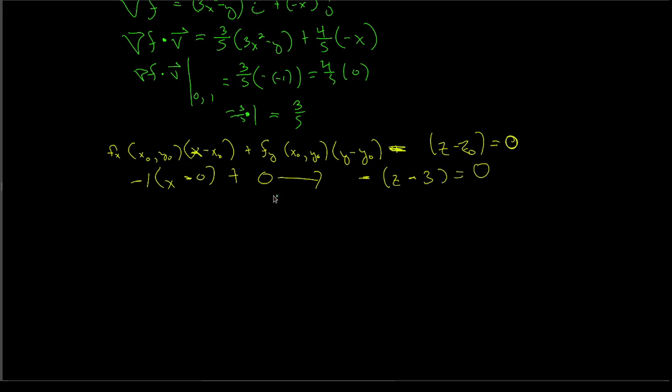And if we put this all together, then our tangent plane is going to be negative x minus z plus 3 equals 0 for this surface. And so we have a plane defined by the normal of (negative 1, 0, negative 1), and it passes through